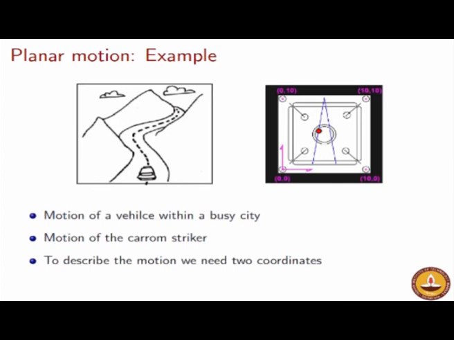But as I am also saying to you, if you think that it's a spatial problem and therefore you require three variables to describe it, the other way of looking at it is that even then it could be taken as a curvilinear motion, in the sense that you could follow the path variable instead of looking at a coordinate system which has x, y, and z and trying to map x, y, and z with time. The driver could always say that I am traveling on this road, and on this road I have traveled a distance of 1 kilometer in 1 hour, 2 kilometers in 1.5 hours, 3 kilometers and such. So such a description in terms of path variable is also possible.